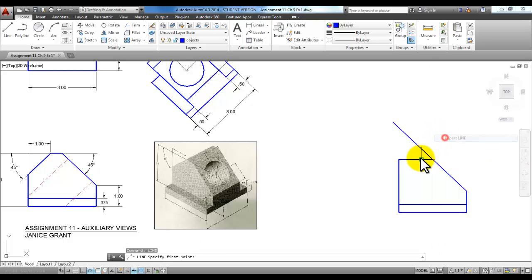Now when you start the line command, you can go back to this endpoint that's at the end of the 1 and come back 45 degrees. You'll see that it's already tracking 45 degrees, which is 225 degrees because it's an increment of 45, and then just go ahead and click. You can then erase this line and either trim or use grips to stretch back some of these other lines to